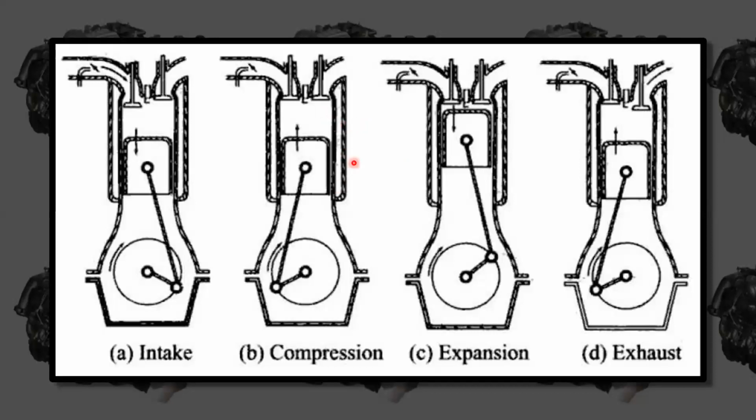Now where the piston is at the top, that is going to continue for the expansion stroke. In expansion stroke the piston travels from top dead center to bottom dead center. At TDC it is the start of expansion stroke, at BDC it is the end of expansion stroke. Now where the piston is at the bottom, from the bottom the exhaust stroke is going to start. Within the exhaust stroke the start will be from the bottom dead center, and when the piston reaches top dead center, that is the end of exhaust stroke.